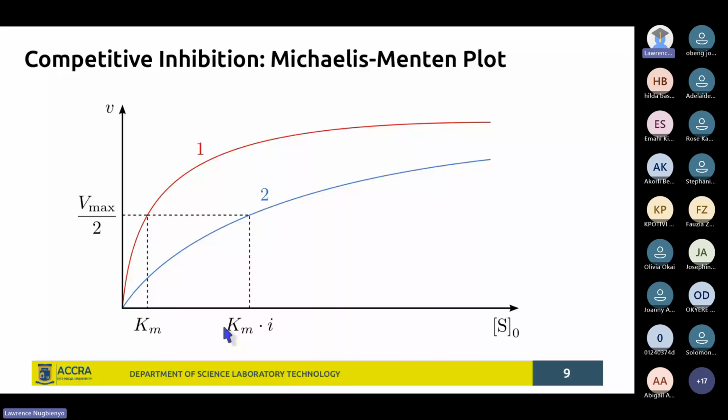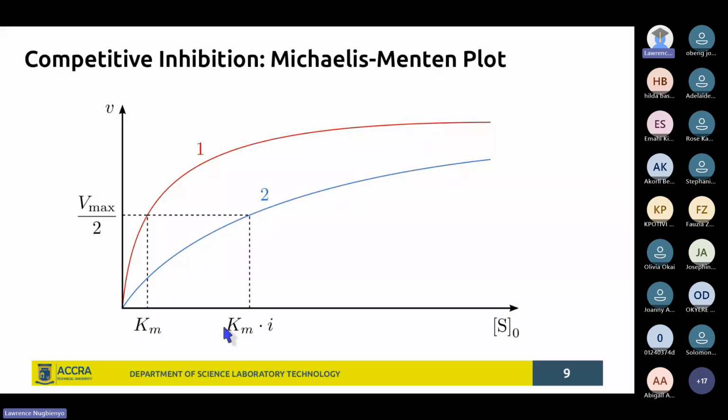So the more substrate molecules you have, the more binding of the enzyme to the substrate there will be. And so you would have displaced the inhibitor and you have substrate binding, and you then will have the